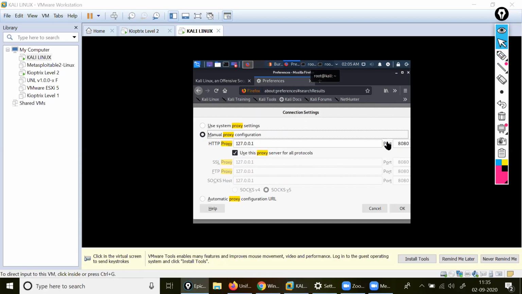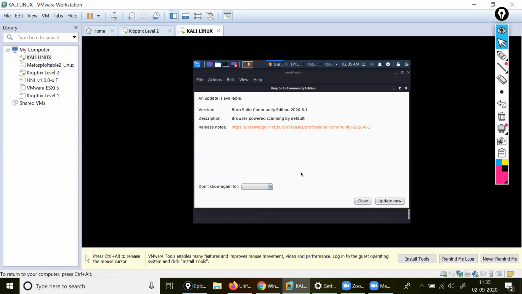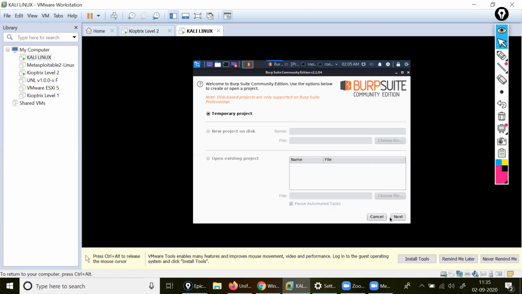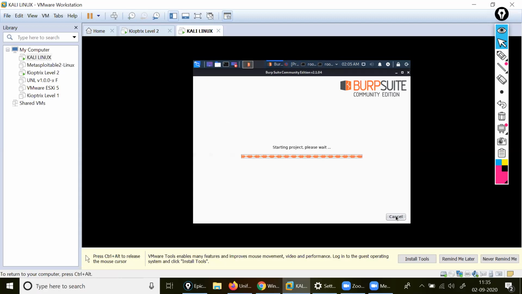Use this part, follow me. Give 127.0.0.1. After that, what you will do? Come here and open the Burp. I open the Burp. Okay. Close. Next. Start Burp.